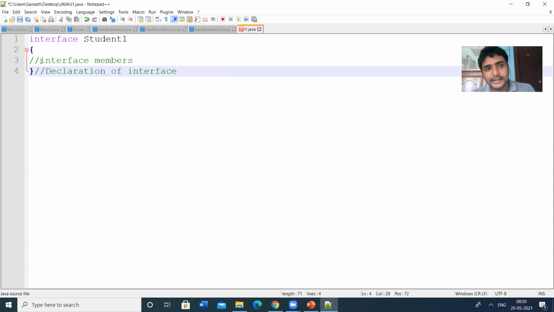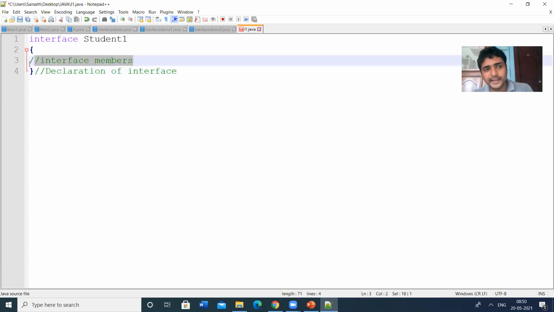Next, interface members. What exactly does the interface consist of? An interface is a collection of constant values as well as abstract methods.